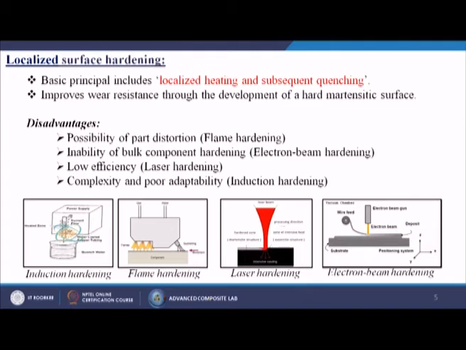So, there are several methods by which we can do localized surface hardening. One is induction hardening, then flame hardening, laser hardening and electron beam hardening. From these figures you can understand that we are heating the material, but the means are different.